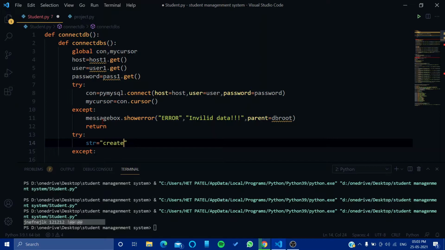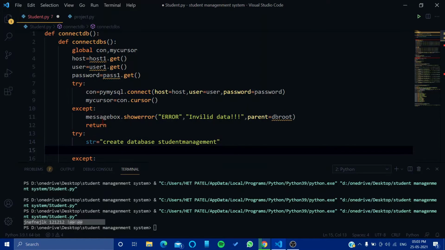So for that, we will say str is equal to create database student management.